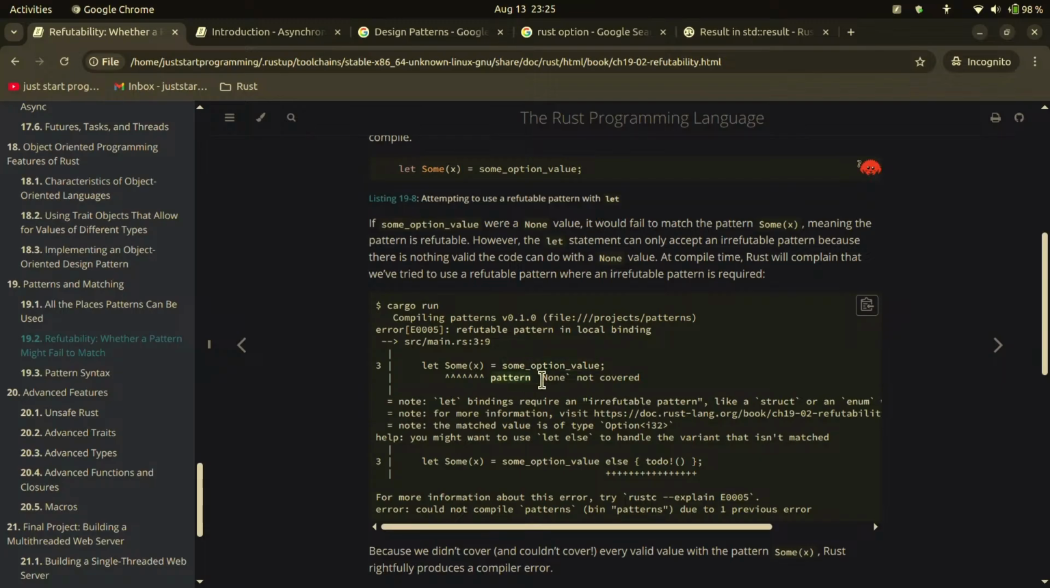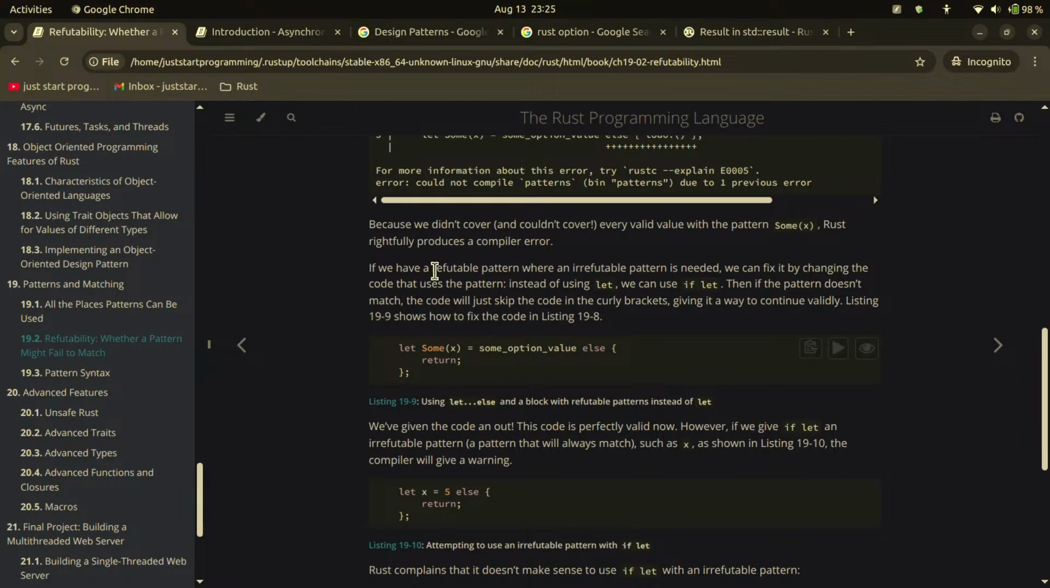Some optional pattern none not covered. Let bindings require an irrefutable pattern, because this one is refutable. Okay, because we didn't cover and couldn't cover every valid value with the pattern Some, Rust rightfully produces a compile error. If we have a refutable pattern where an irrefutable pattern is needed, we can fix it by changing the code